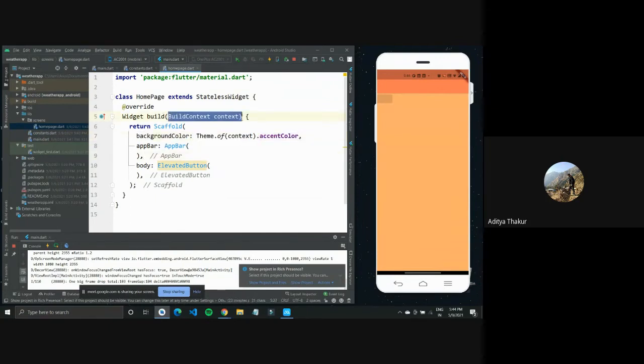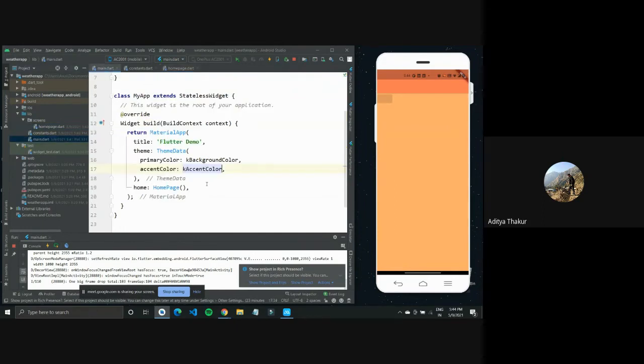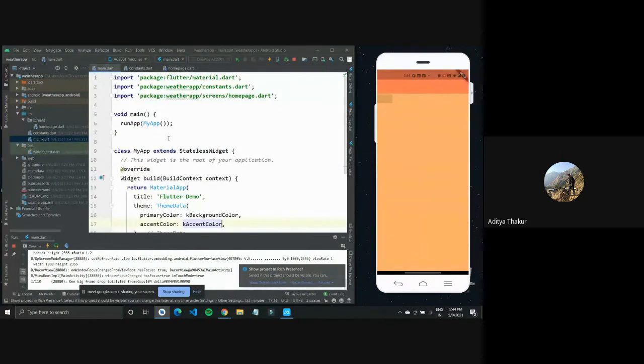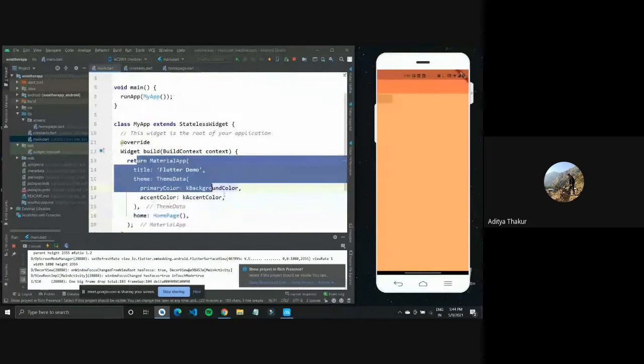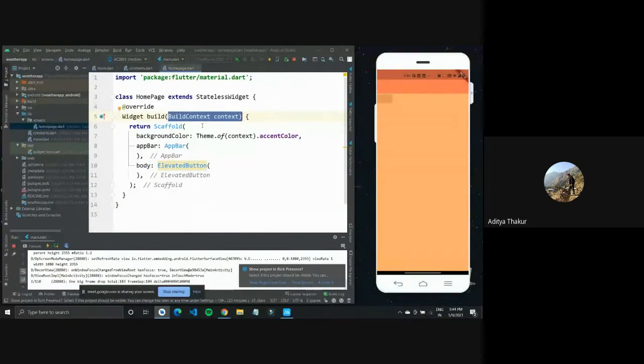What is this build context? Actually, this build context, you would notice, keeps on going to every widget that we have here. It is basically used to check how these widgets would be built. So this theme passes with this context everywhere throughout the widget tree, so you'll have access to it. Sometimes you would have to pass context to a function to build something on your UI side, and it would become gradually clear after you try to use a lot of widgets. So for now, what we have done is define the colors. Not a very big thing. Let's move on with the application.